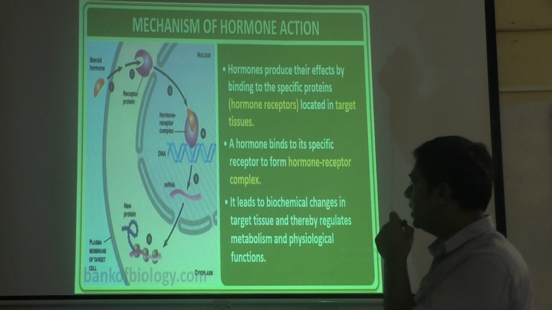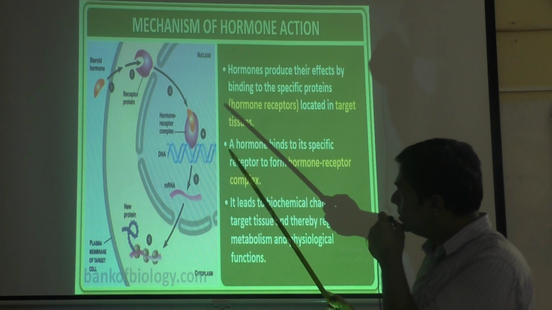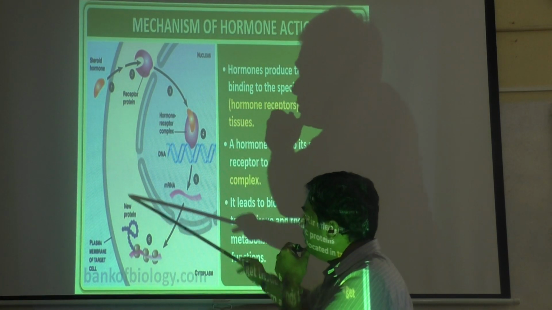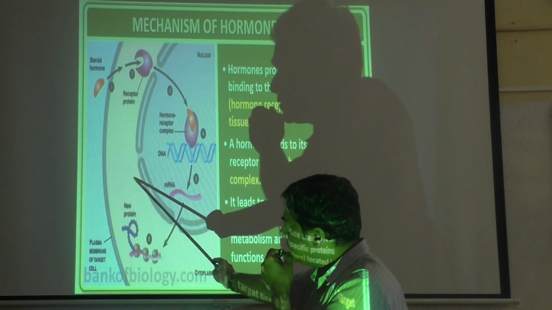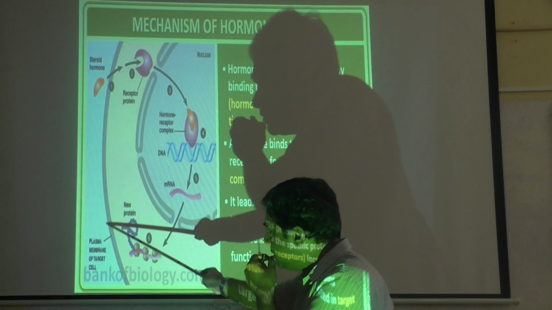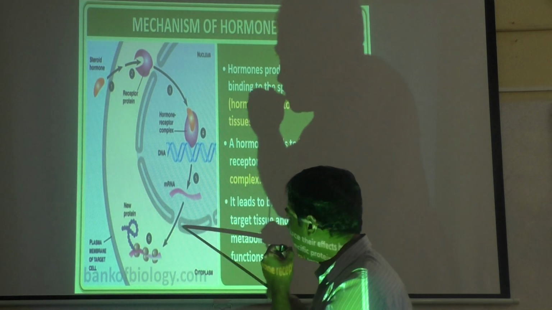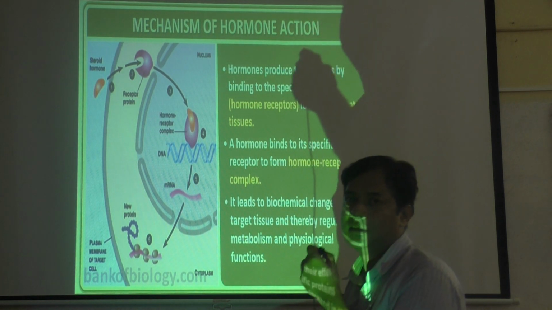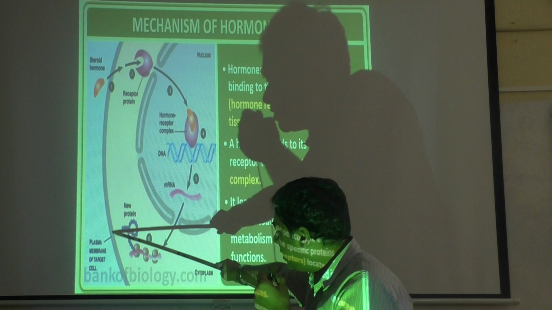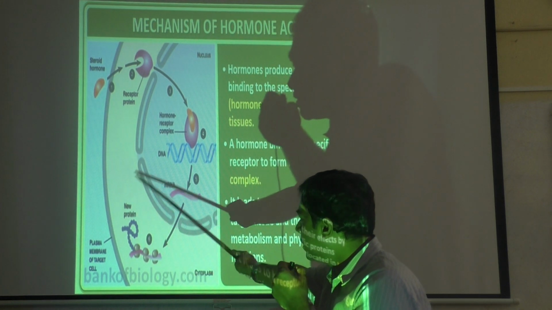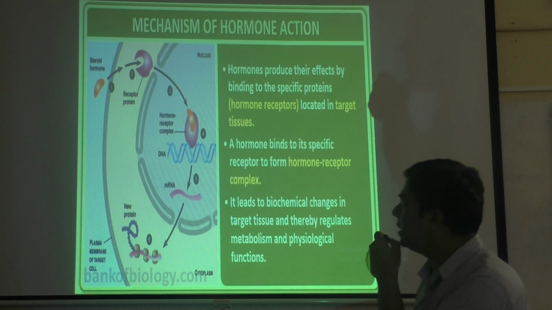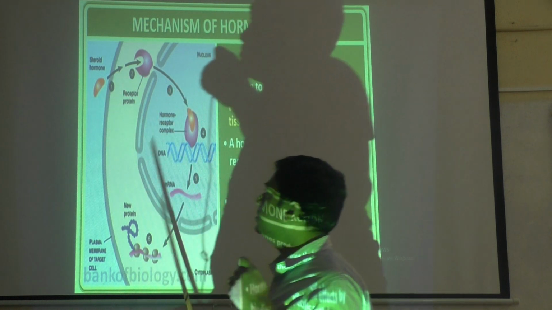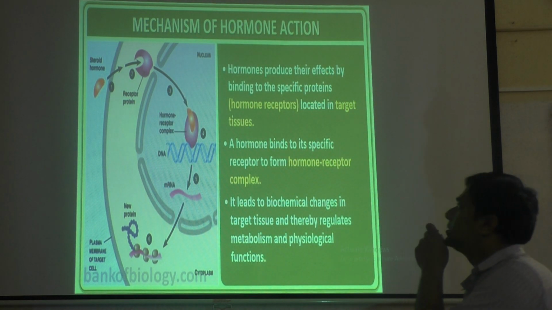Okay, let us see. They have given a picture here. This is a cell and they are showing this is a nucleus. This slightly yellowish part that you see is the cytoplasm, this is the outer plasma membrane, and this different color is the nucleus. So this is the outer cell membrane or plasma membrane, then this is the cytoplasm, and this is the nucleus. What exactly happens? They are showing a steroid hormone here, that orange color structure is the steroid hormone. What exactly does it do?